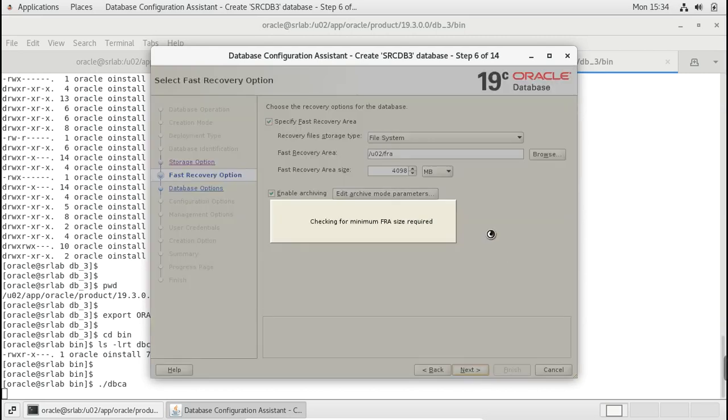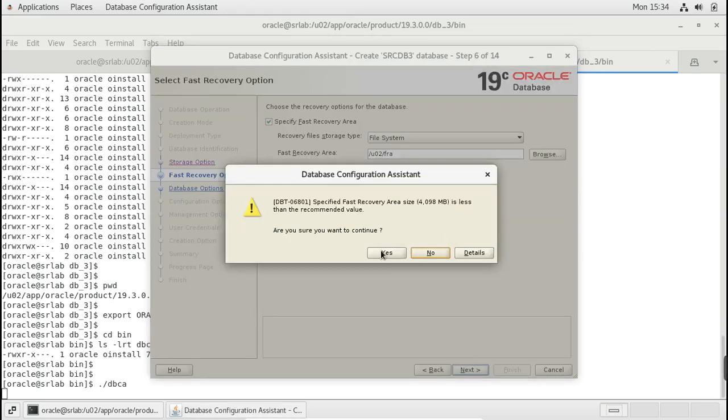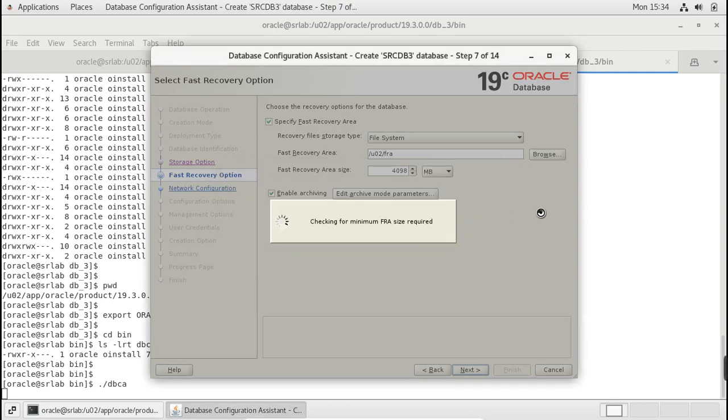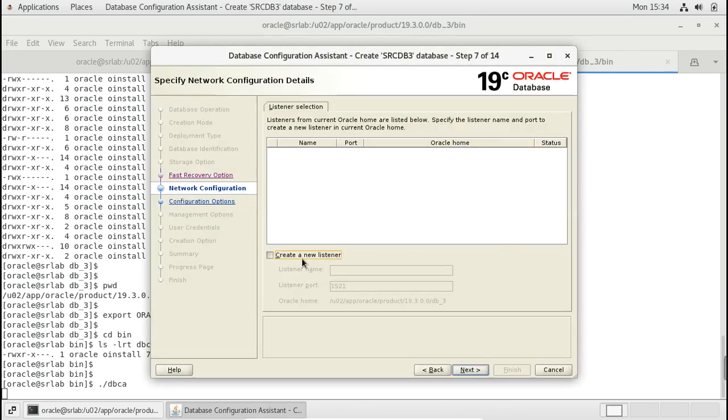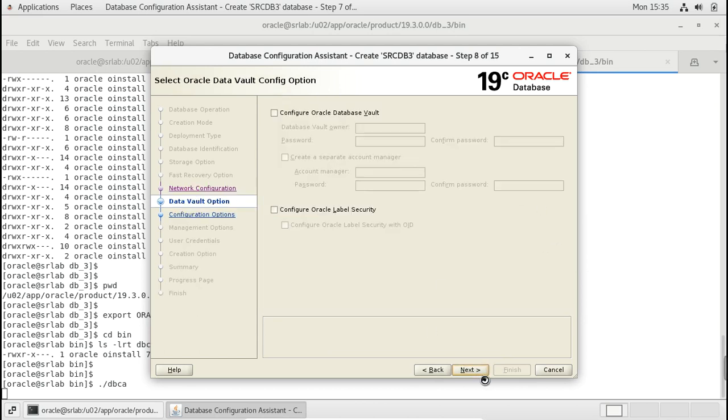So click next. It gives a warning that we are giving much less space for the recovery area usage, so I'm just overriding this. And creating the listener, SRCDB3_listener. Ports 1521 and 1522 are already running, so I am giving 1523. Next, click next.